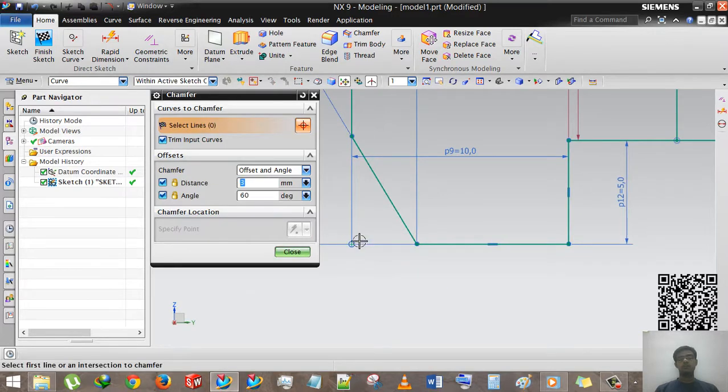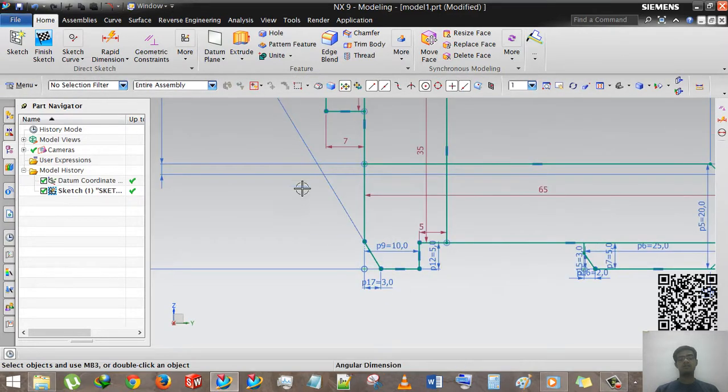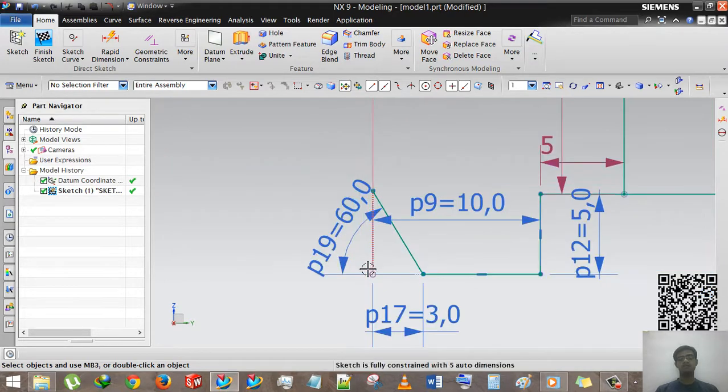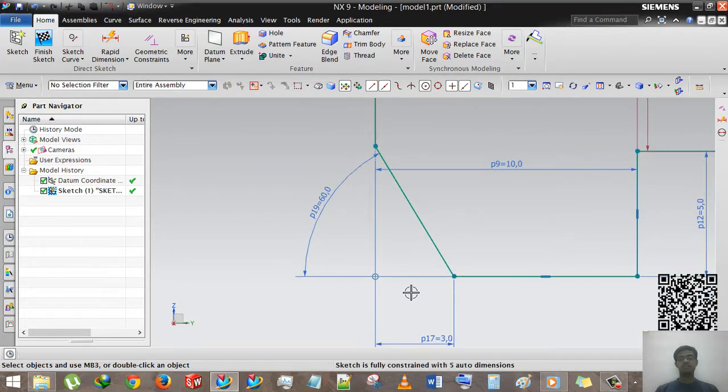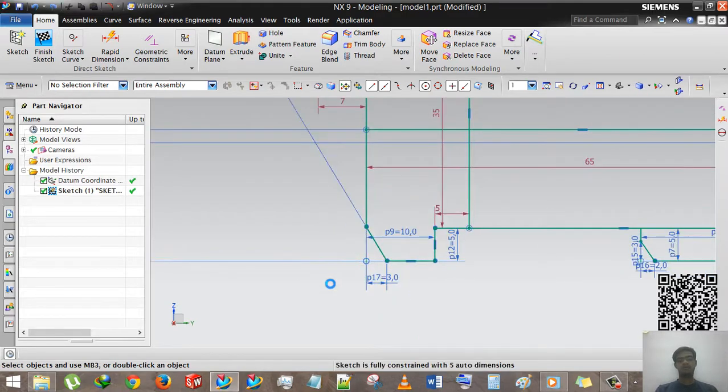So you can understand that the distance between this point and this point is 3 mm and the angle between the lines is 60. The operation will be performed based on which line you select first. I hope you understand. We are controlling Z and done.